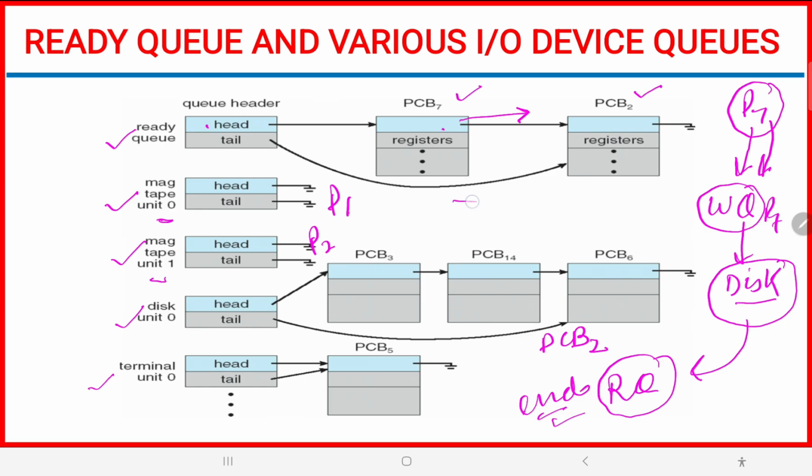So in this system, if you observe over here, as PCB7, meaning P7, was executing, the next process which was waiting in the queue was PCB2, or process 2. So process 2 will gain control of the CPU this time. In the meantime, what was happening over here, this process was requiring some disk related activity. That activity was done. Now once that activity is complete, this process is shifted back onto the ready queue, but